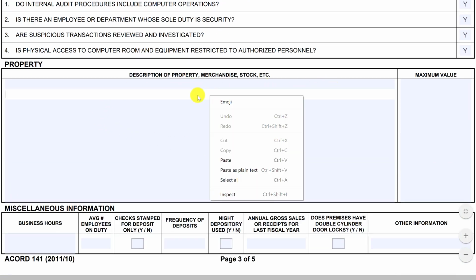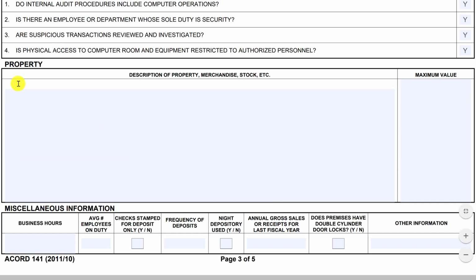Okay. Here is where you're going to just kind of list out the description of property. Now, you've filled this out for a while. It's just painful filling out this stuff, but here you gotta spend some time on this section. Okay, you gotta paint a picture, just like the Acord 125 where we described the business. You've gotta paint a picture on this property section, make them feel super comfortable. Okay, so we're gonna say like